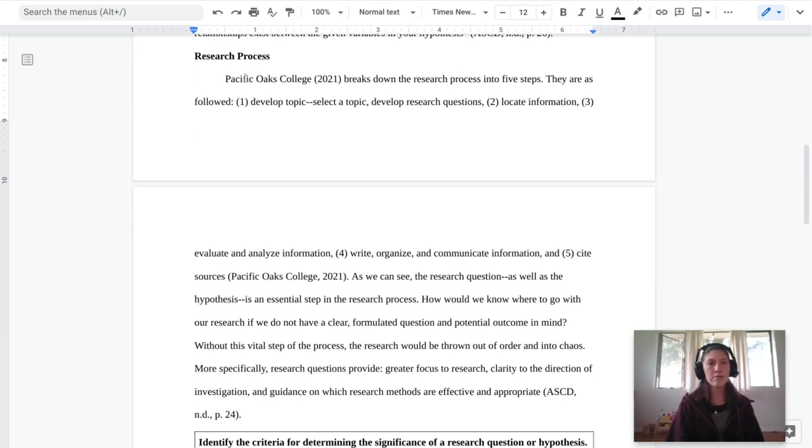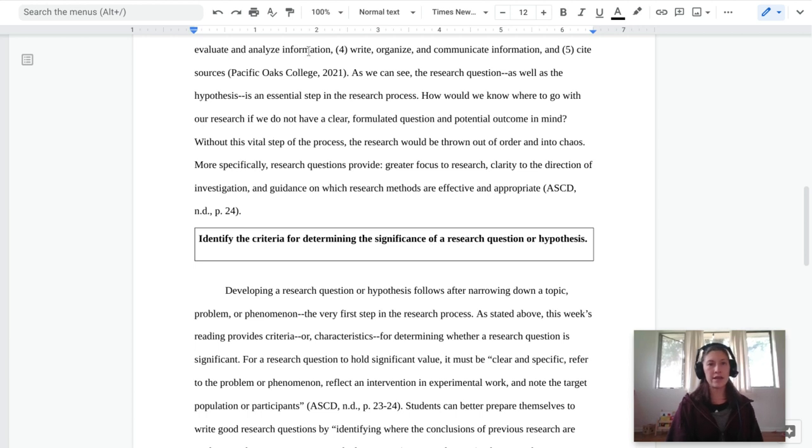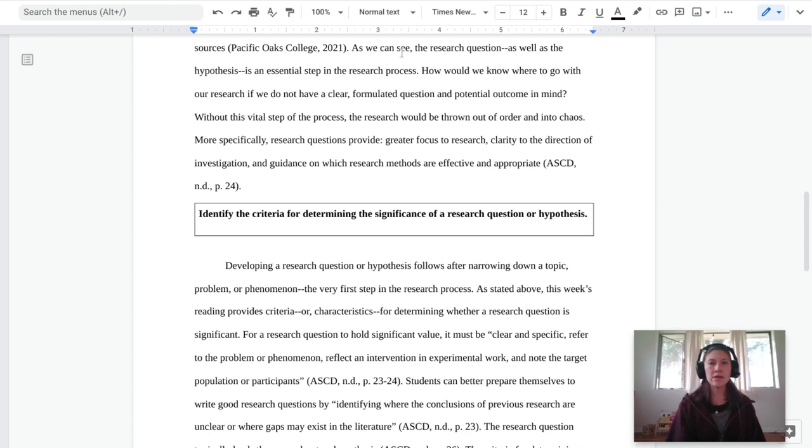Research process. Pacific Oaks College breaks down the research process into 5 steps. They are as follows. 1. Develop topic. Select a topic. Develop research questions. 2. Locate information. 3. Evaluate and analyze information. 4. Write, organize, and communicate information. And 5. Cite sources. As we can see, the research question, as well as the hypothesis, is an essential step